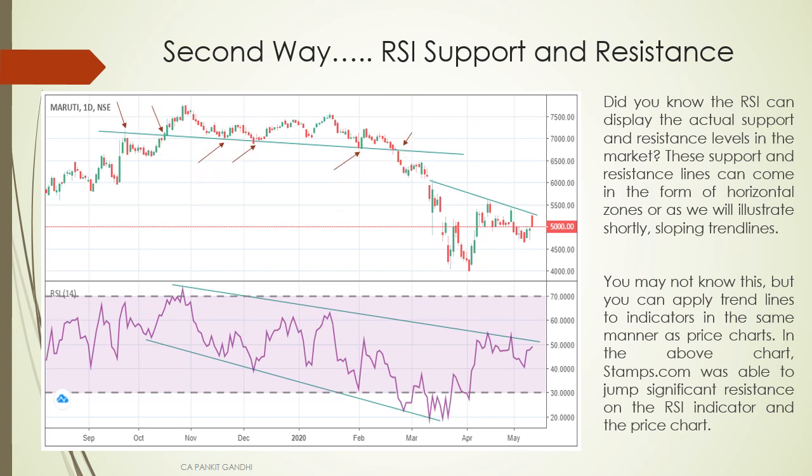So in the Maruti daily chart shown on the screen, you can see the support line, which was resistance earlier, crossed and became support. It held from October to March, that is 6 months at a stretch, where the Maruti stock didn't cross the support line. Same way, it made another resistance in the months of March and April, where it started to go down and never crossed that level of resistance.